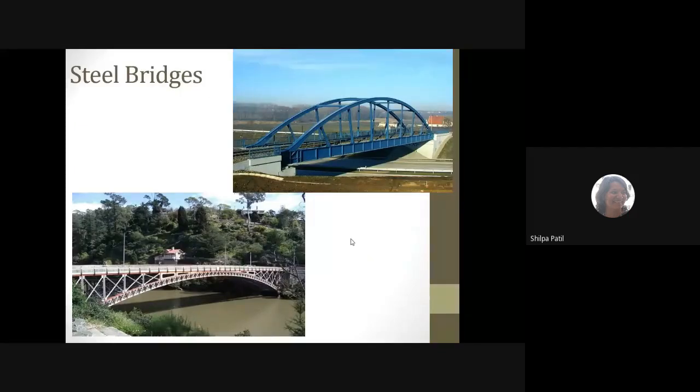These are the steel bridges you can see here. Obviously, if you compare the cost of a steel bridge and an RC bridge, the steel bridge always costs a huge amount, because steel itself is a very costly material. But a good aesthetic view can also be obtained by using a steel section. Obviously, the design becomes a little complicated. The connections required will be increased or more complicated if you go for aesthetic views. Okay, so these are the examples of steel bridges.